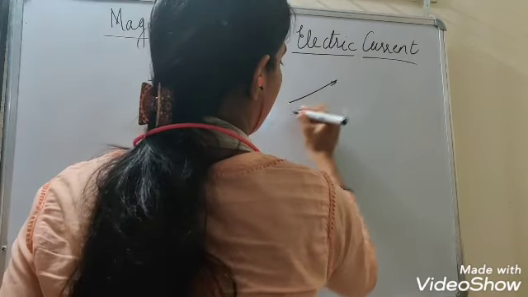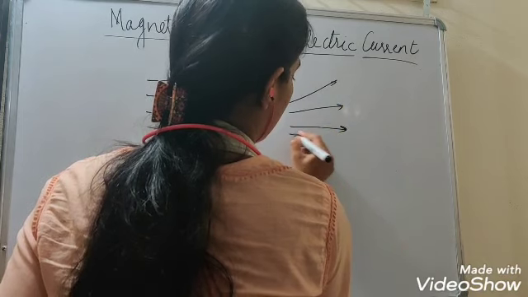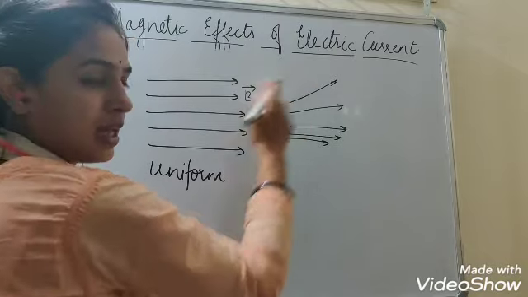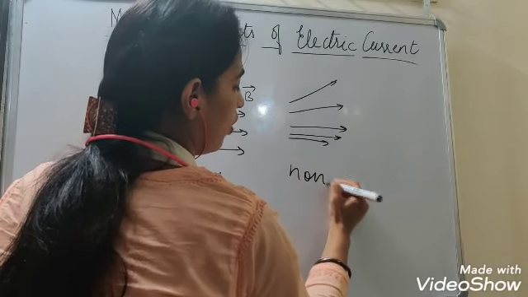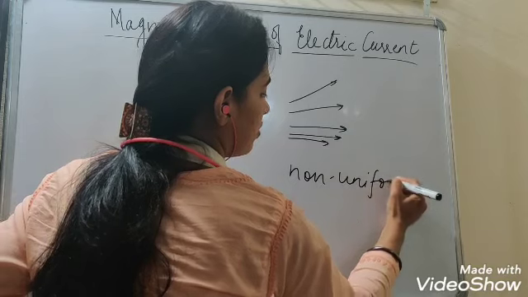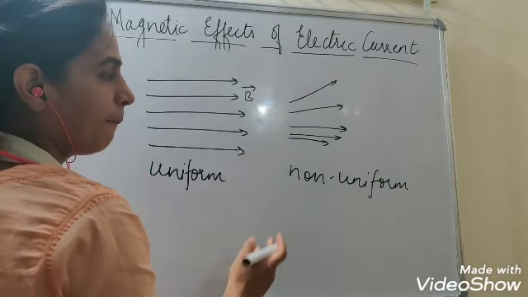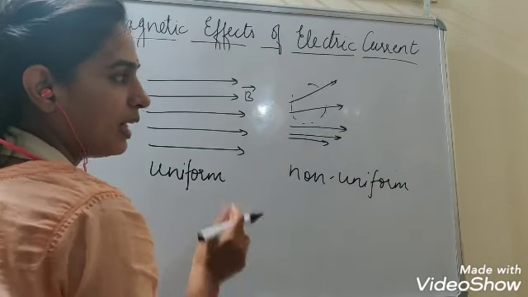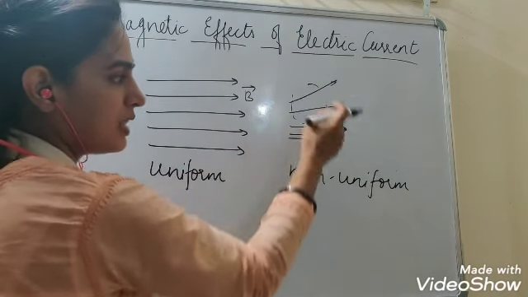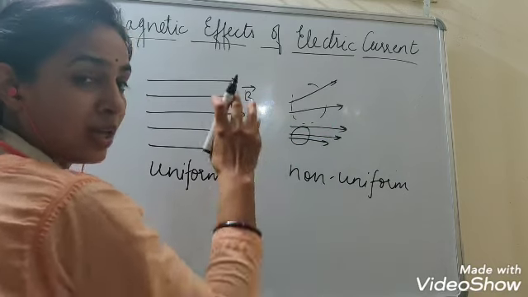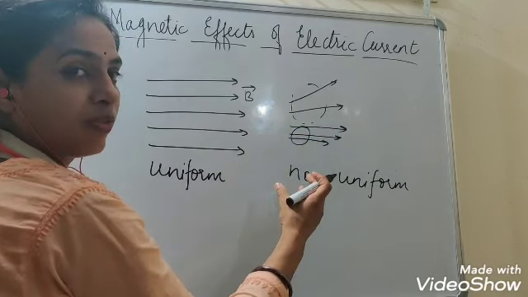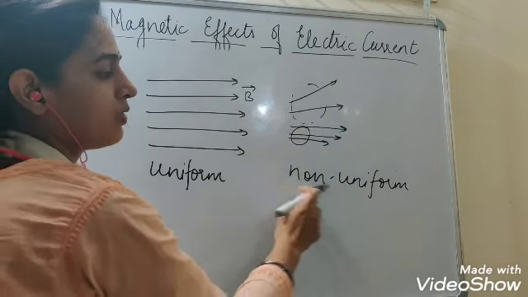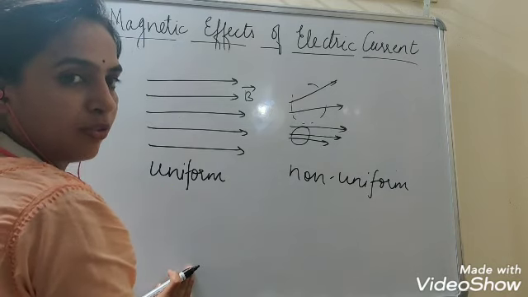If you get magnetic field lines like this, okay, like this, see here, this is an area of non-uniform magnetic field. Why? Because here in this space you can see the field lines are spaced out, that means strength is less over here, and here the field lines are closer, that means the magnetic field strength is strong here. So the magnetic field strength is varying, that's why this is a non-uniform magnetic field.